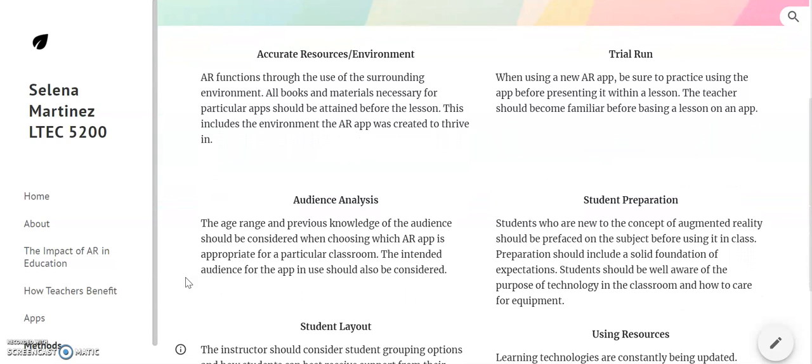Augmented reality is a very new concept for teachers and students alike, as well as using mobile devices in the classroom. So, as an educator trying to break through into using learning technology in the classroom, I would like to help educators introduce using mobile devices in the classroom, as well as properly setting them up in the classroom. So what this means is setting students up for success while using their mobile device in the classroom and understanding the boundaries of what is appropriate technology use and what is inappropriate technology use.